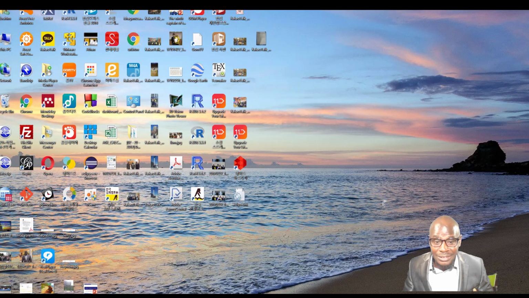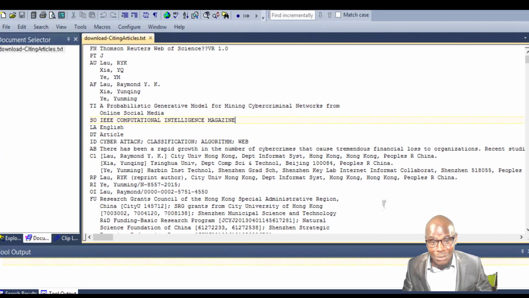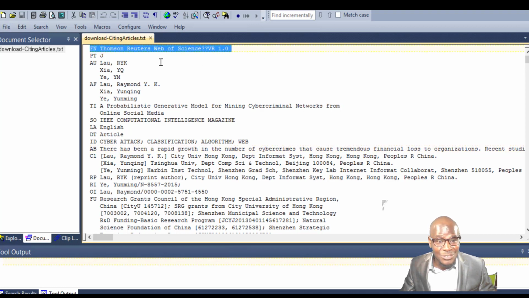Let me show you how that data looks. When you download the data and open it as a text file, you will find that, for example, here is Reuters Web of Science, that version and so forth, and you will find here, for example, AU stands for the author,